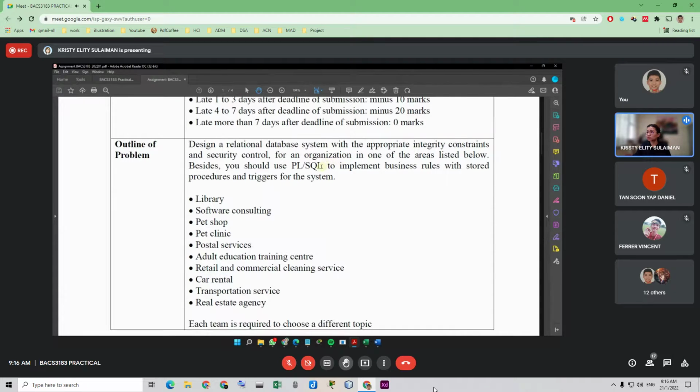So this is the main language that we will be using for this assignment, which is PLSQL. I will provide you some reference, some information about PLSQL.